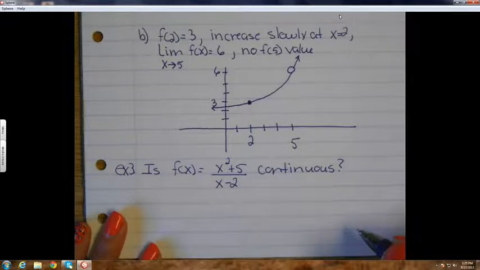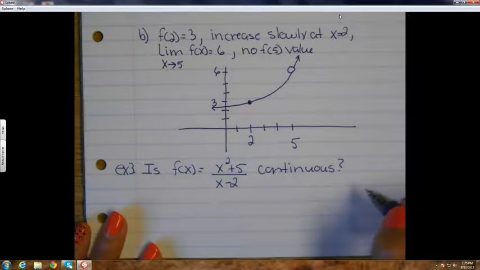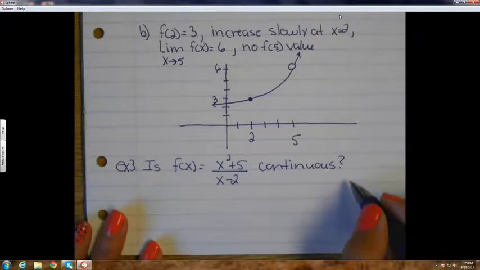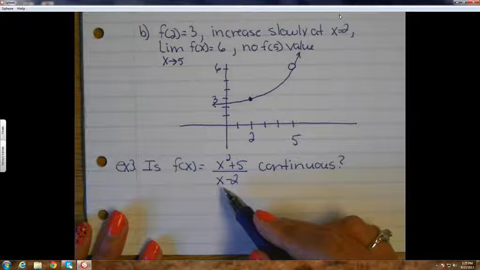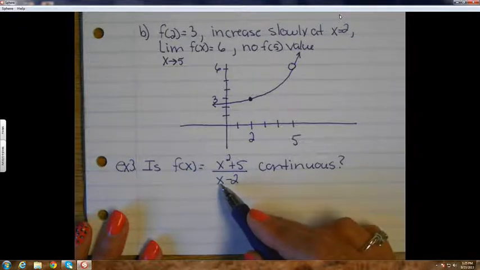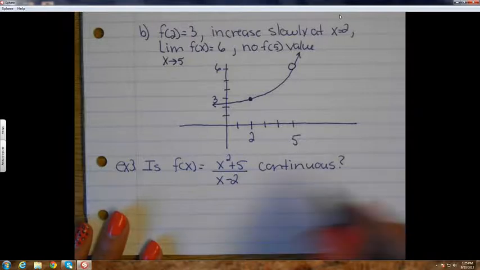And if you answer no here, can you tell me where? So first of all, is this continuous? Well, all you're looking for in a fraction is there any place where the denominator is going to be undefined? Well, yeah. If the denominator is 0, you got a problem. So that happens when x is 2. So it's discontinuous